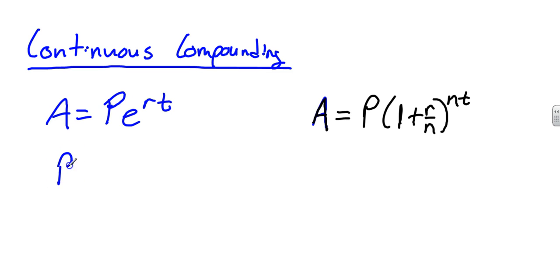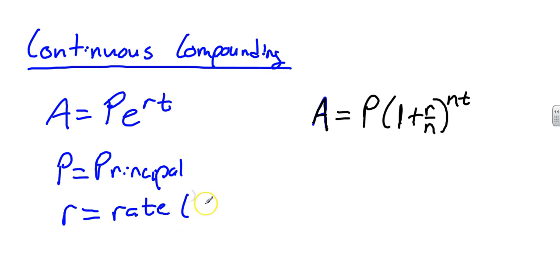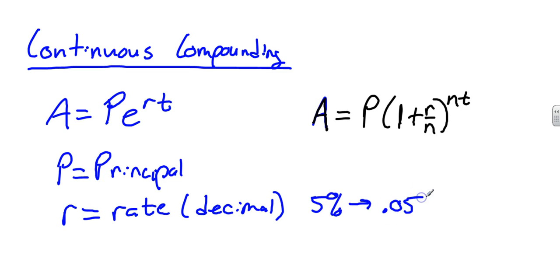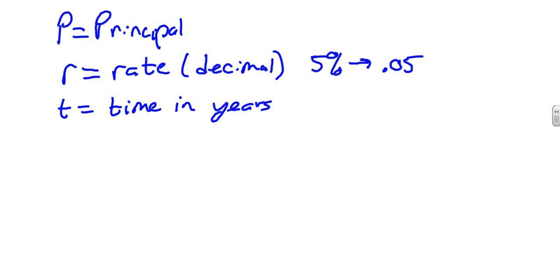In both formulas, the P is still the principal, which is your starting amount of money. R is your rate, and the biggest thing with the rate is that it has to be a decimal. Most of the time they're going to give you that as a percentage. If that's 5%, you've got to know that it's actually 0.05 as a decimal. You just move it 2 places to the left. T is your time in years. And that's everything you need here, because e is just the button you're going to use on your calculator, so there's nothing there. For this formula, though, the n,